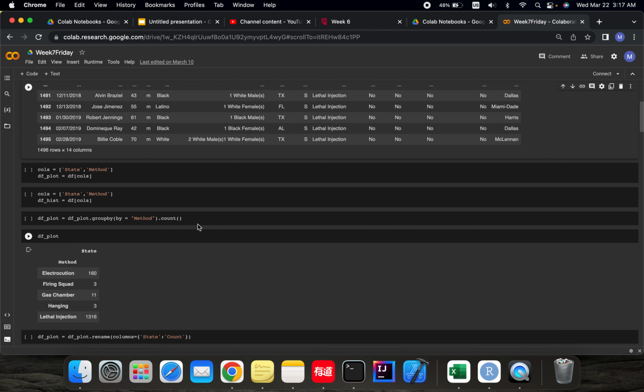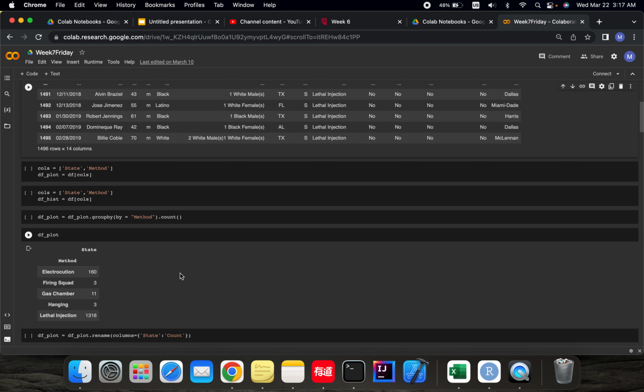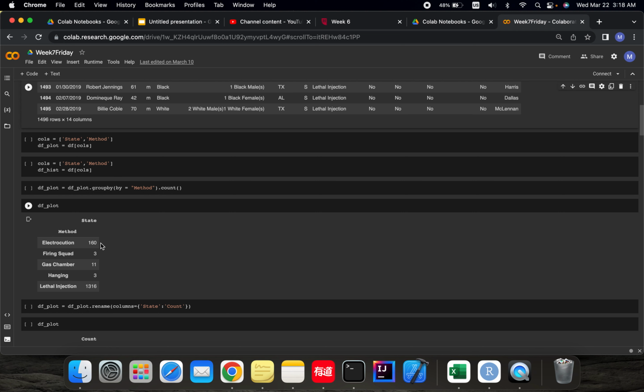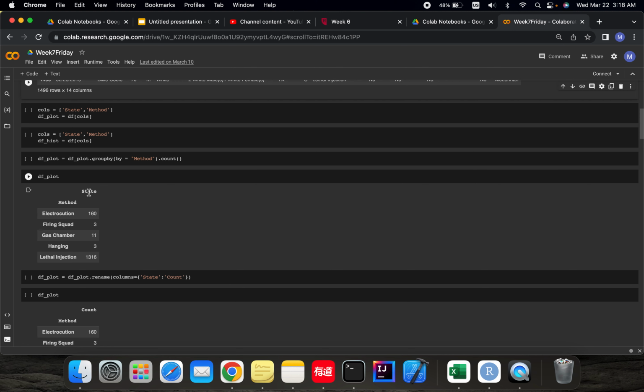For the plot one, I grouped them by the method and then counted. You can ignore this; I will rename it. I renamed this as count. So look at this count: in nationwide